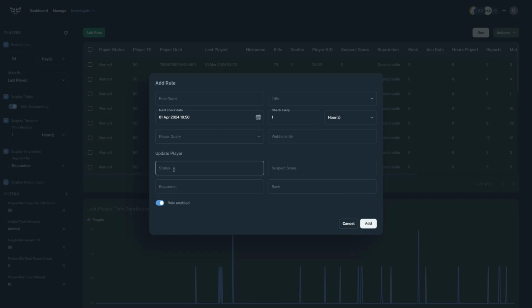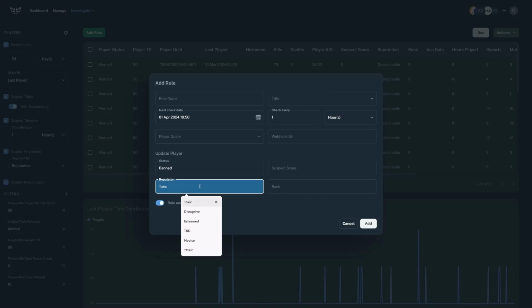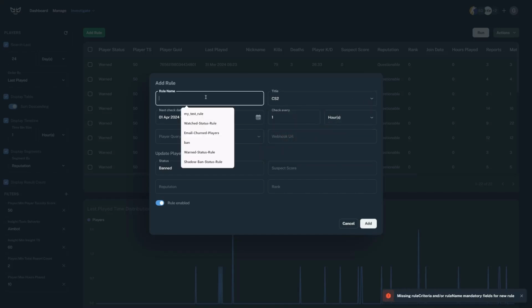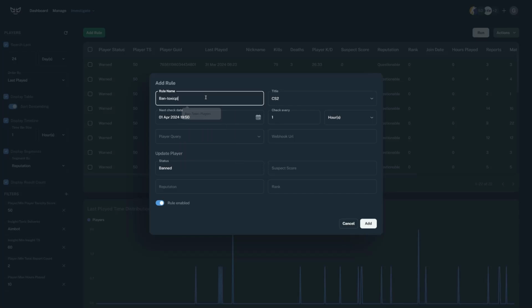You can also change the player status to banned, and anything you want to change here, we'll change it on Getgud-io's site as well. And that's it, you're done. Rule is ready, and you can take action. And now this rule will run automatically as defined. So, ban toxic players,